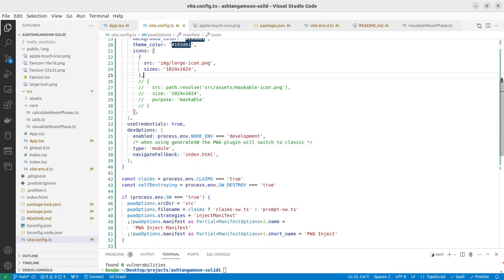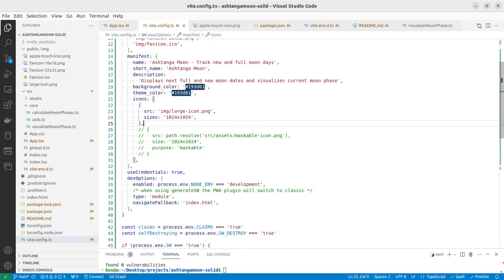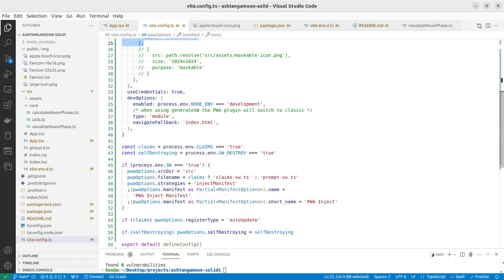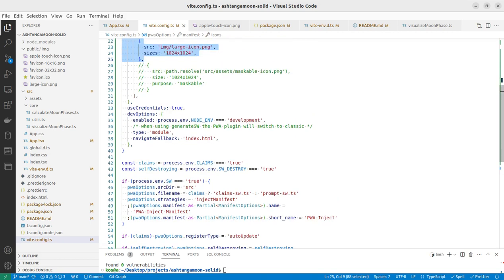Not very interested in that now. Maybe I can just improve the icons section here, but I will get to it later. Let me set some basic necessary defaults. For instance, I need to set src dir